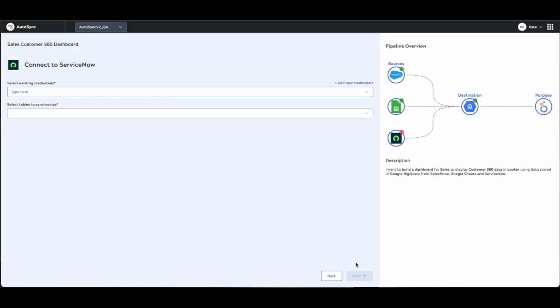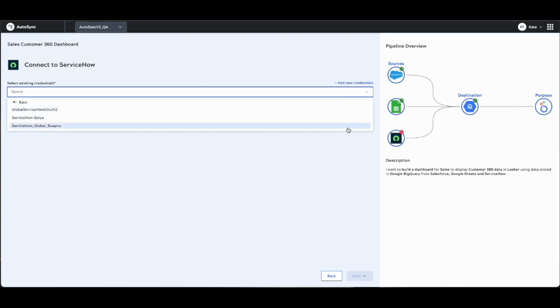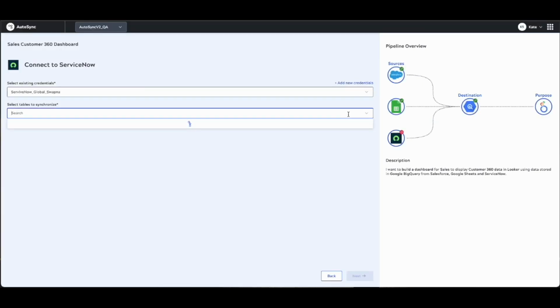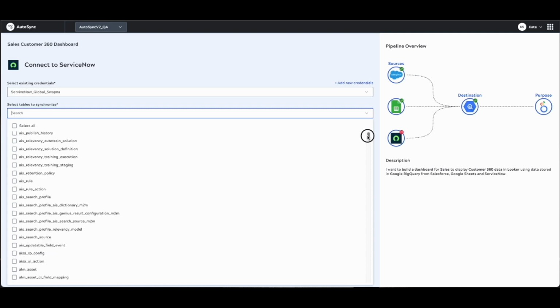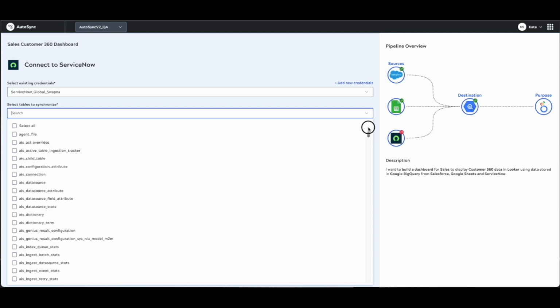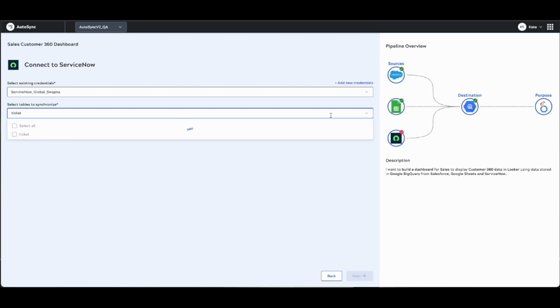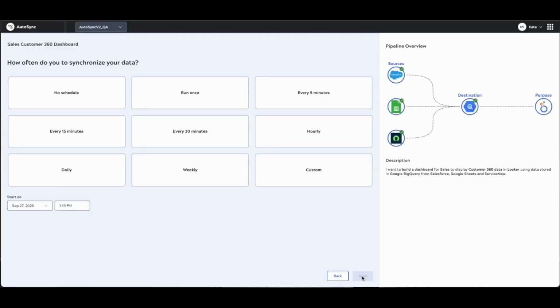and importing everything as string. And now I've got my final data source, ServiceNow, and you can see here I'm using a globally accessible credential that everybody with access to the system can use. And there's a lot of entries in this list, so I'm going to search for the object that I want to sync, in this case tickets, from ServiceNow. I check the box and I hit Next,